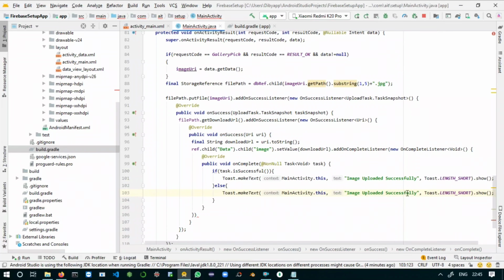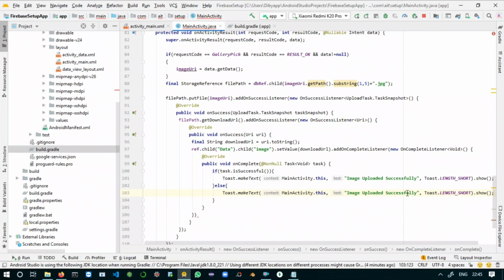Now you can add an ImageView here, 250 dp width and 250 dp height. Just align it to center, layout margin top 20 dp. Fine, let it be as imageView. Here you can say private ImageView, and initialize it here: imageView equals findViewById(R.id.imageView). Yeah, that's it. Now you can write another method, void getImage.